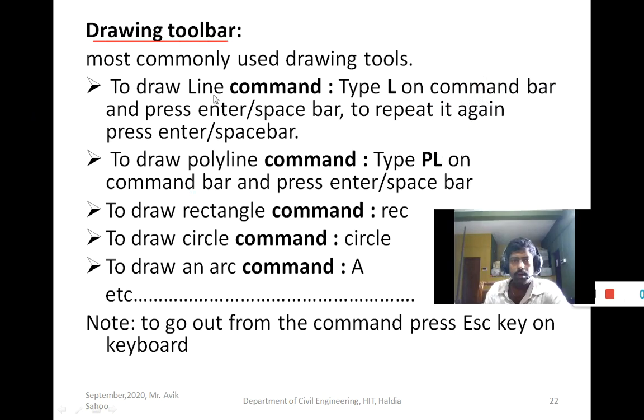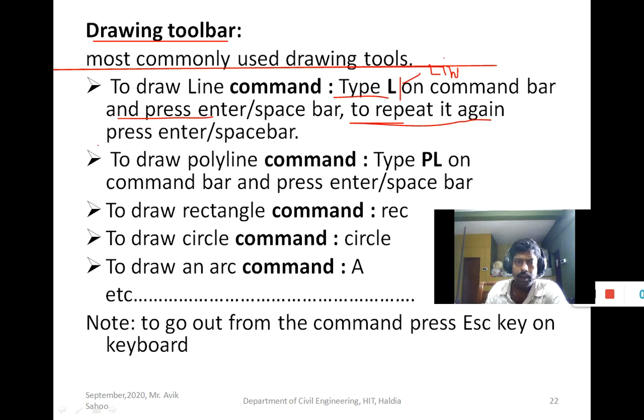From the AutoCAD window, you can pick the line command or type L. Either type line or the shortcut L, and then press enter or spacebar on the keyboard. To repeat it again, press enter or spacebar.